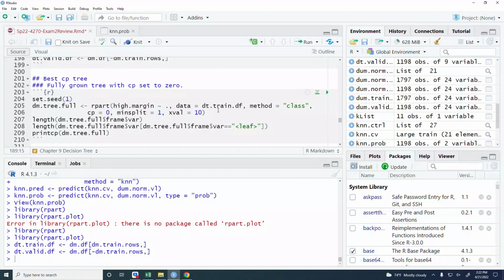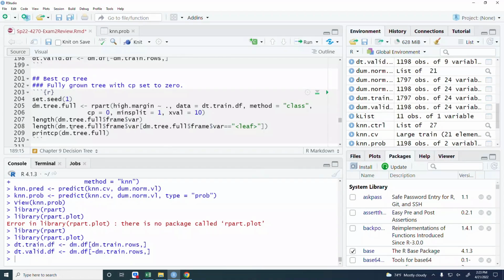So we're going to run the full tree and then look for xerror. So we're going to run cross-validation. So xerror is cross-validation error. So the least cross-validation error, okay, and corresponding to that smallest cross-validation error, we're going to look at what the CP value is,